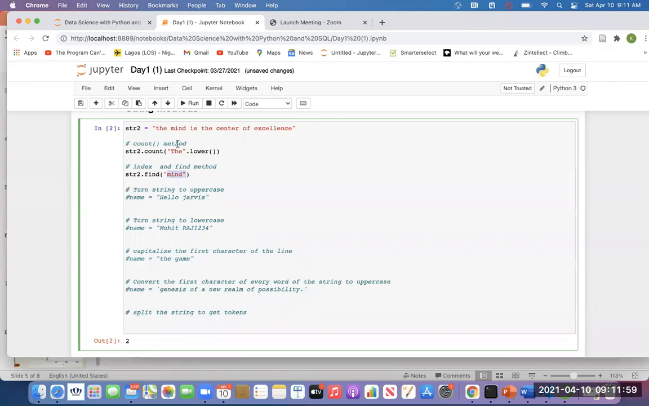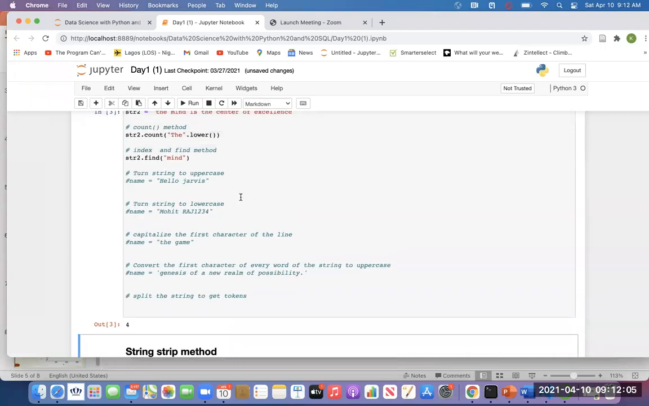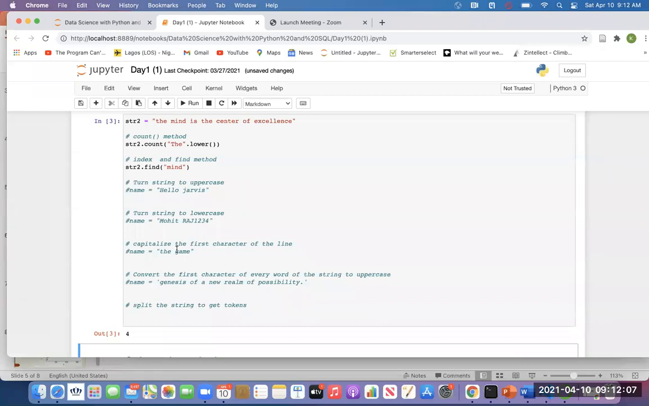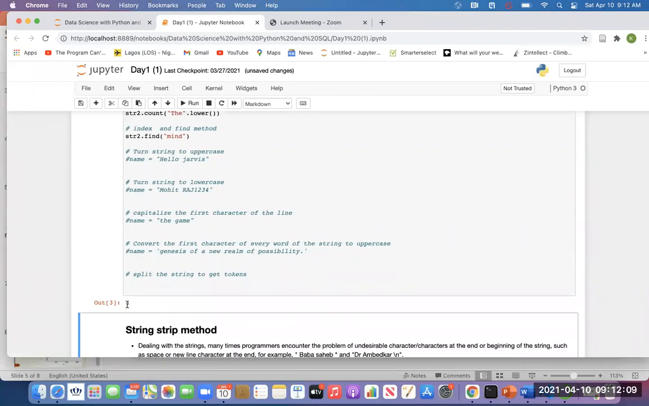In this case, if I run this now, find mind is going to give us the index, the position where that word occurs. And it's saying the word mind,